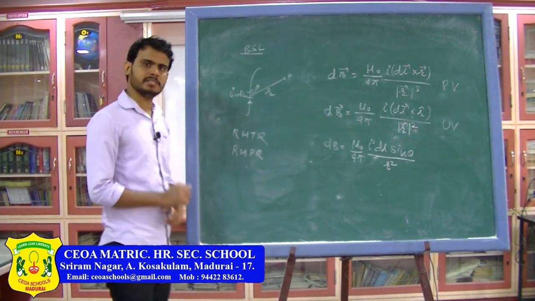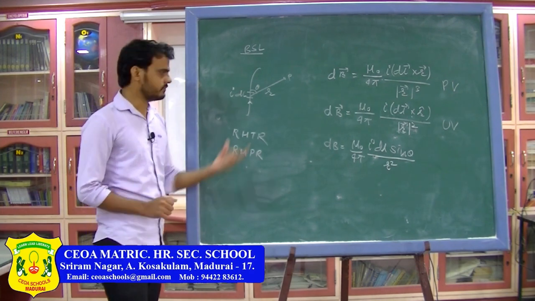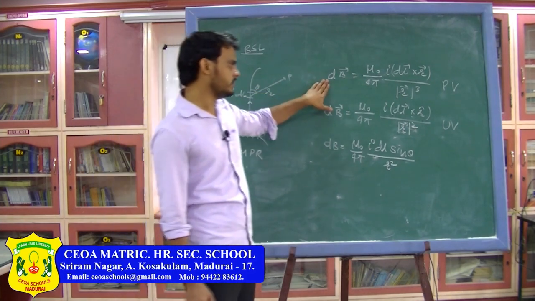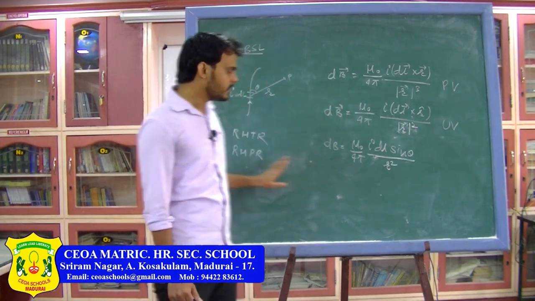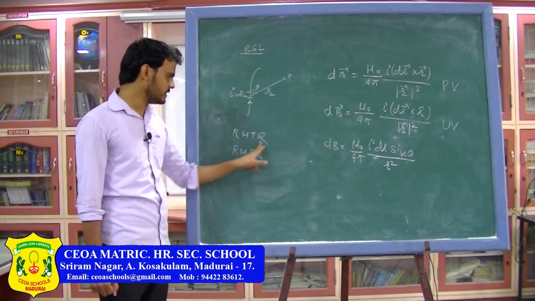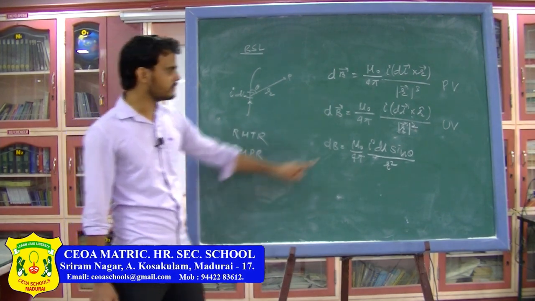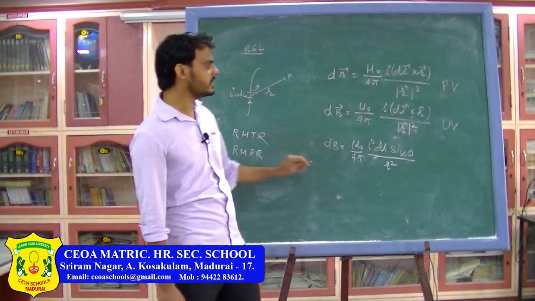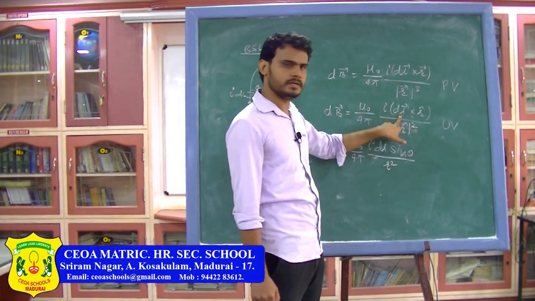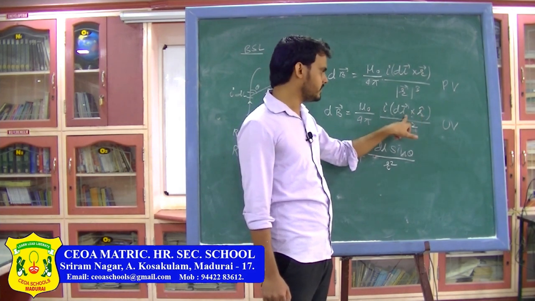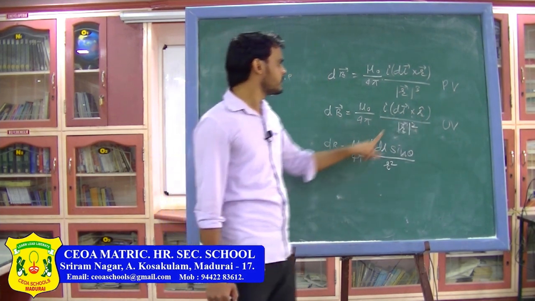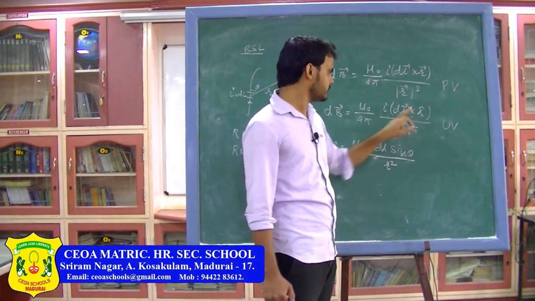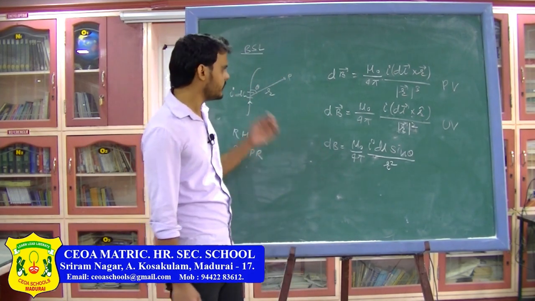As we progress, we are going to see how to use this when finding the direction of the magnetic field. So this was the Biot-Savart law, in position vector form, unit vector form and magnitude. The direction of the magnetic field is given by the right hand thumb rule or right hand palm rule. Fingers in the direction of dl or current, because dl and current both have the same direction. So fingers in the direction of current, curl them towards the point, and the thumb will give you the direction of the magnetic field. Or your thumb in the direction of dl, fingers towards the point, and the palm will give you the direction of the magnetic field. So we are going to see this now.